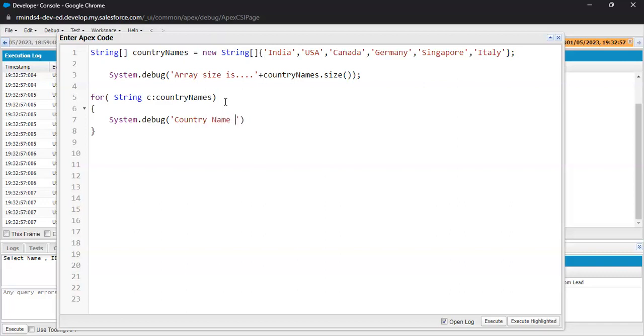Country name is, and plus our C. Right, so this is how we can make use of our